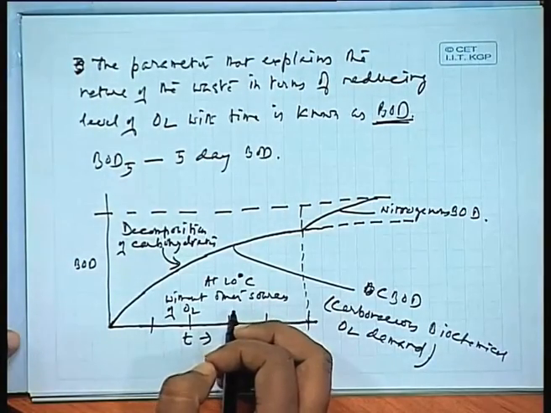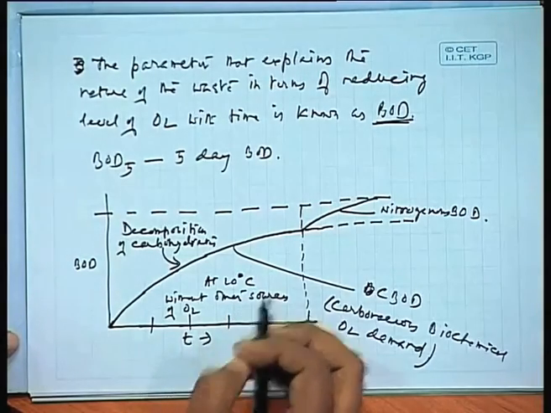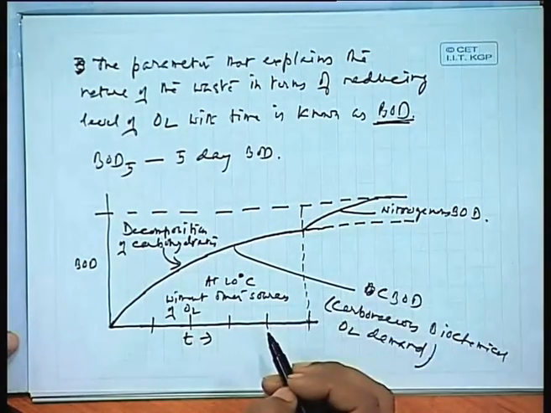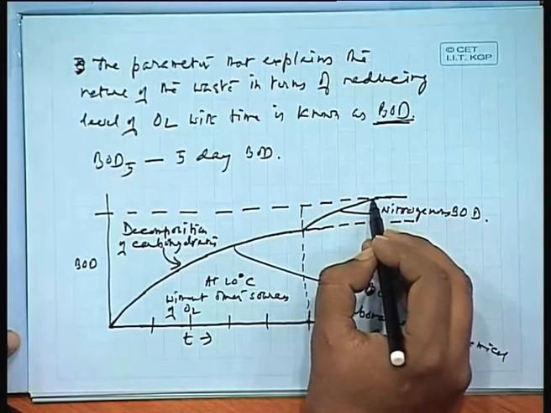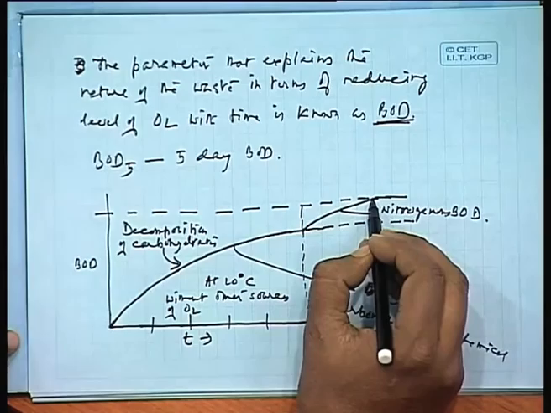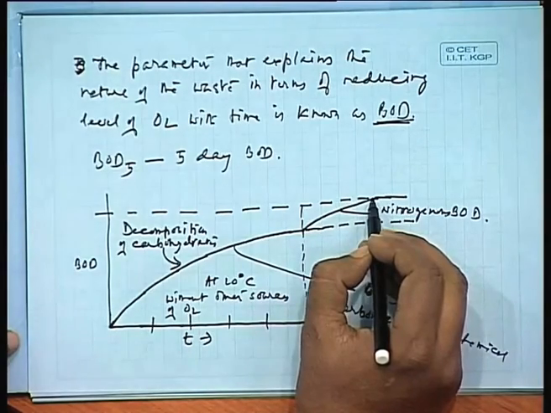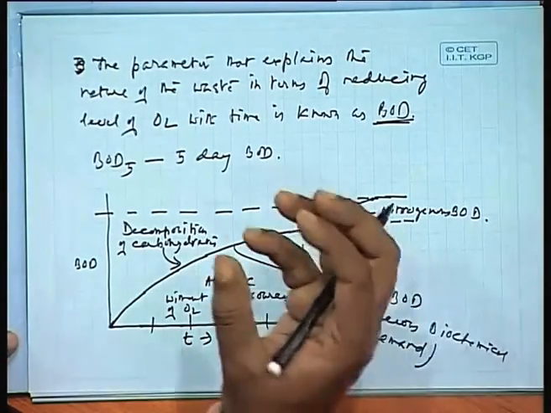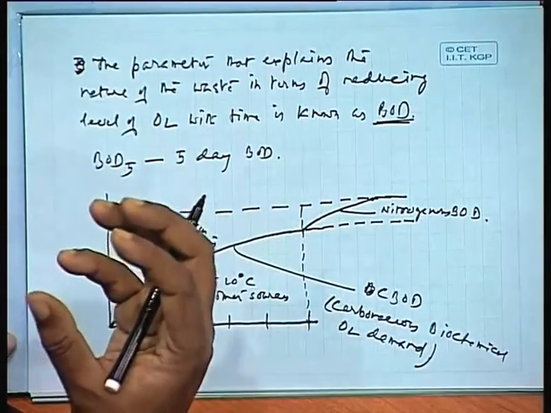This oxygen demand would take place till what time? Till the time the oxygen is completely depleted out of water. After that, the decomposition would go down very slowly, unless there is a source of oxygen or anything like that. Till that point of time, the decomposition would not take place.